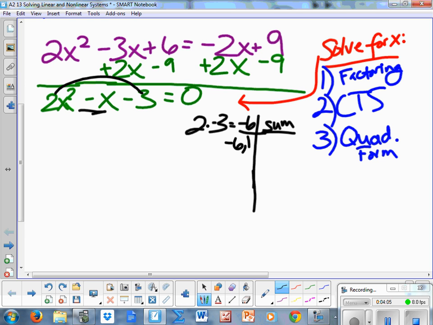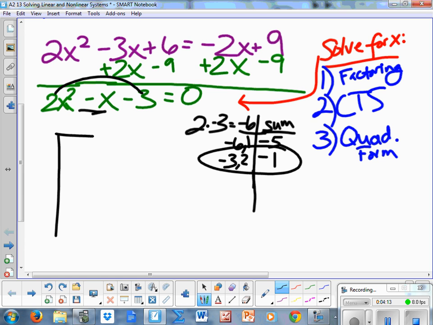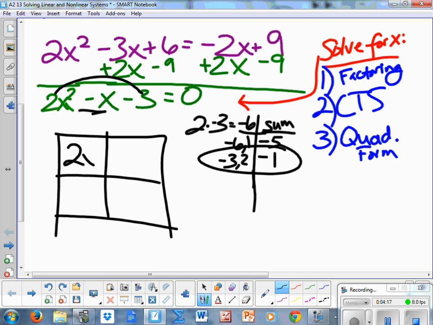So 6 and 1 are factors, and negative 3 and 2 are factors. This one adds up to negative 5, this one adds up to my negative 1. So those are it. Now we're going to put things in boxes here. This is just more practice with factoring. 2x squared, we've got our negative 3 in here, and then we want our negative 3x